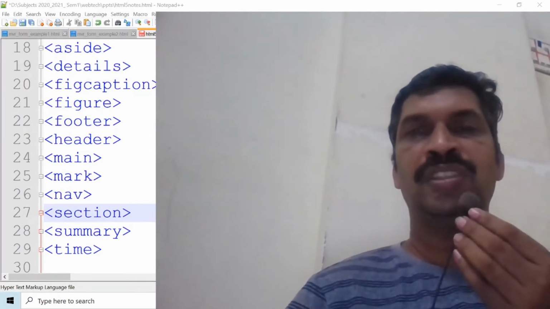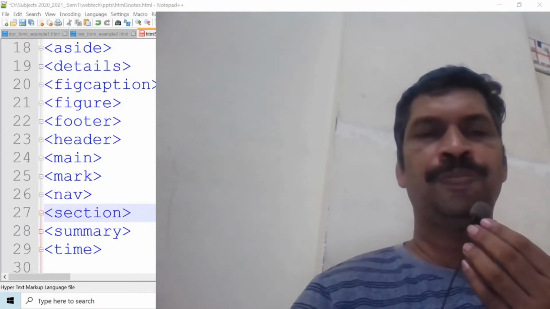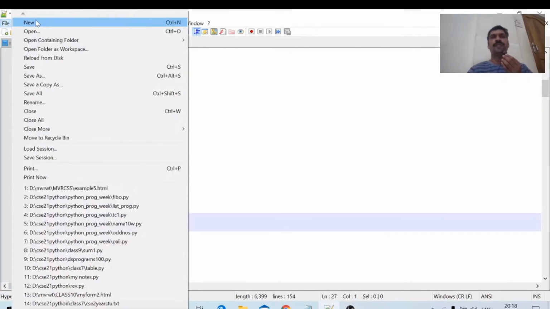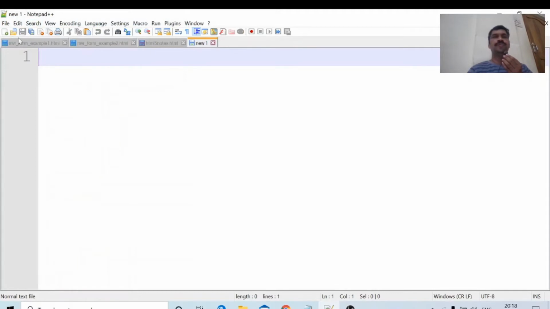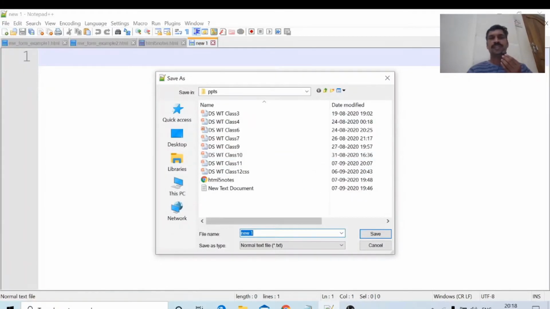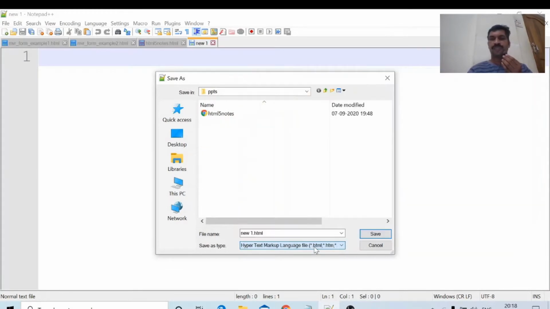We will see the first design of an HTML page. How to design the HTML page? We will design our first HTML5 page. File, new, file, save as, HTML, hypertext markup language.